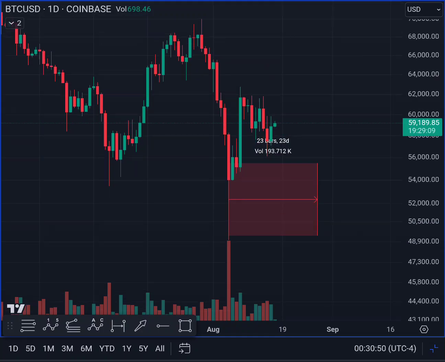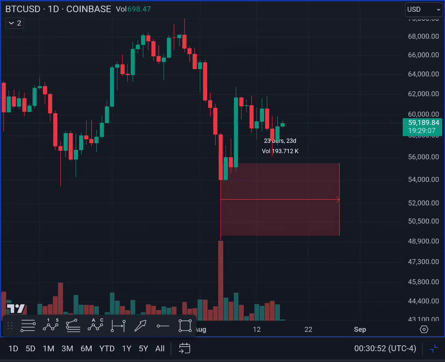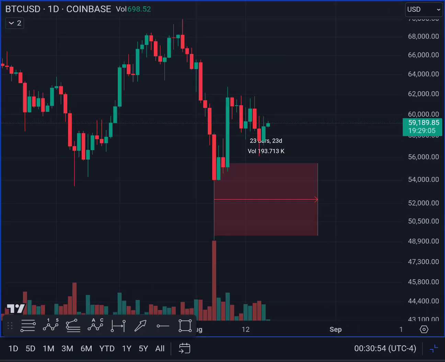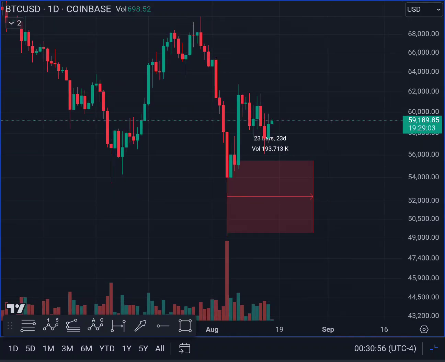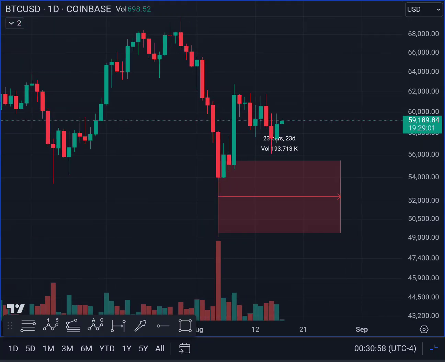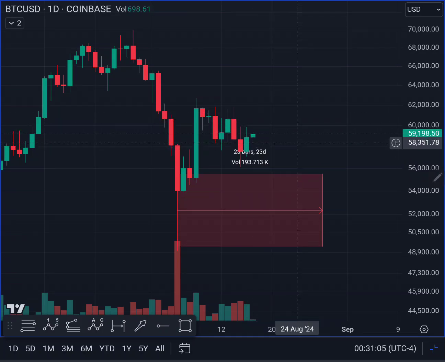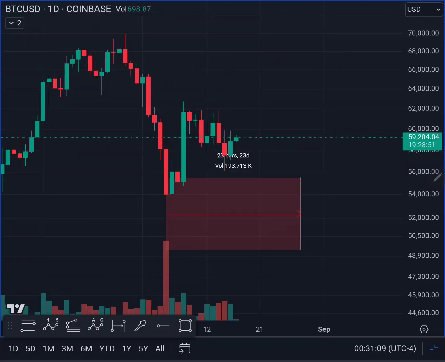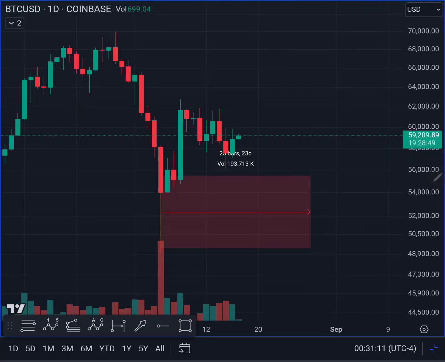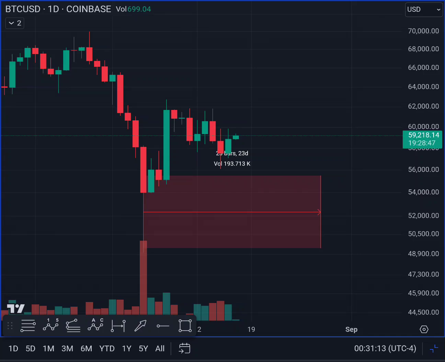I think that had confluence with my Ichimoku cloud idea of when the breakout should occur. So if this does indeed chop around in this area, it may only bottom out again on the 28th of August, which is the cycle timing area that I was looking for anyway, before actually going up in September,